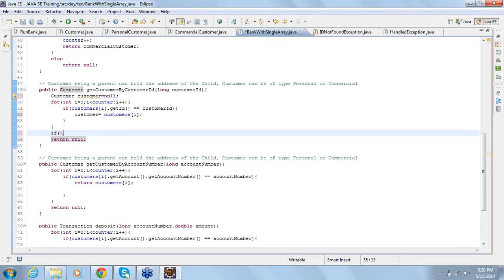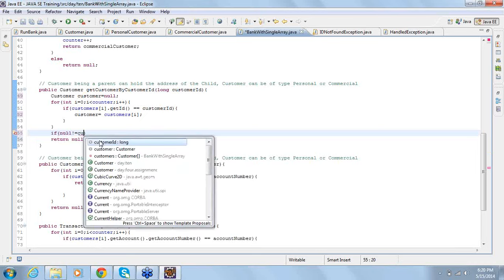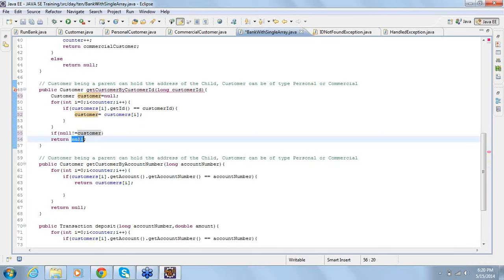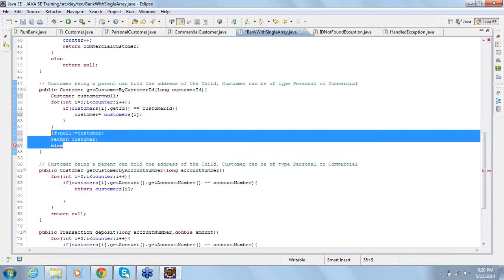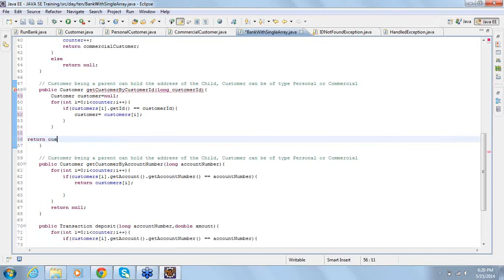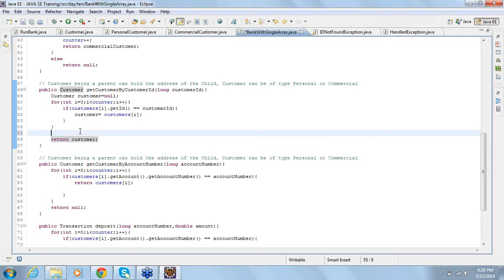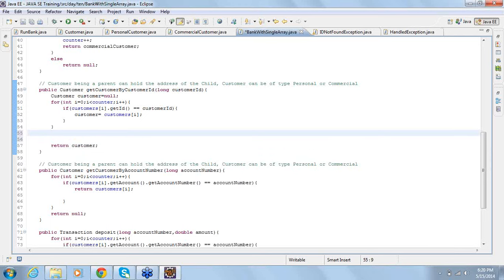So if you focus here, what I'm trying to do is, if null is not equal to customer, if it is not null, return customer. Or you can simply say return customer, you don't need to check. If the customer ID is found, it returns the customer object, otherwise it returns null. But here what I am trying to do is,